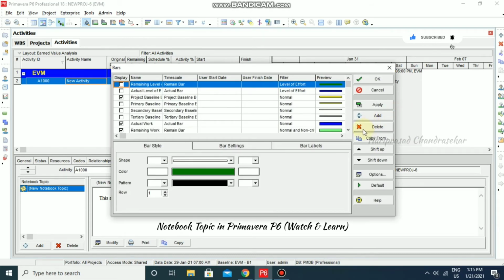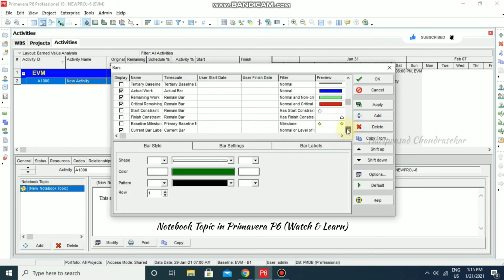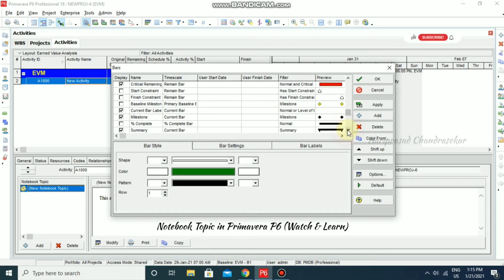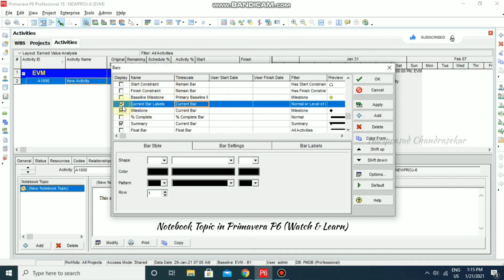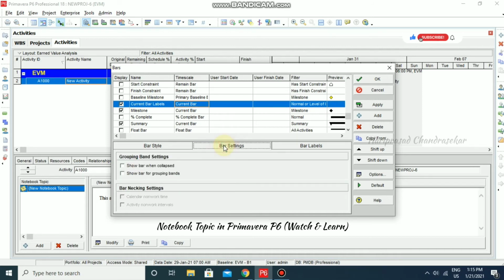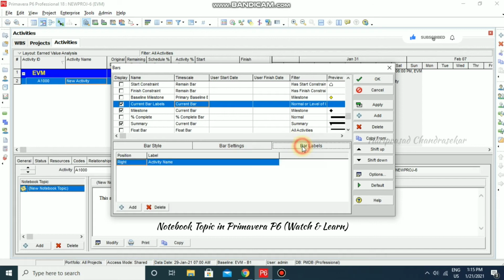In bars we can go for current bar labels. This is what it is, current bar labels. It is already checked in. We can go for a shape or color or whatever we want, and bar settings, and bar labels.